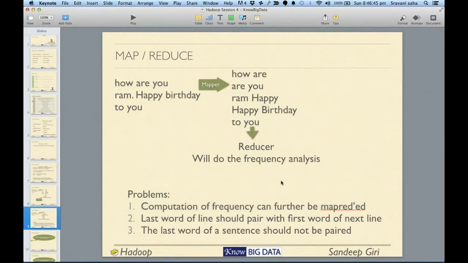How would you correct the frequency problem? Because we cannot do that in memory. Okay. In terms of MapReduce,